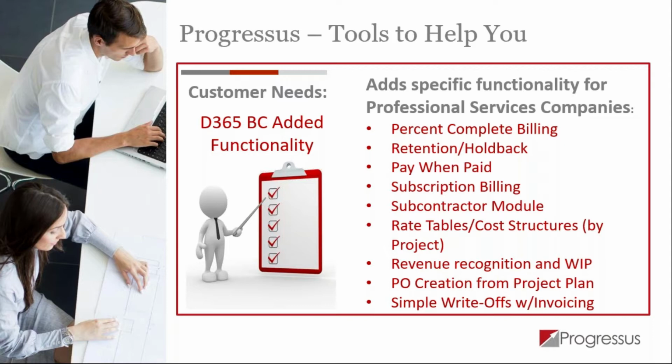Do you pay when paid? You know, are you going to wait to get paid until you pay your subcontractors? We have a full subcontract module that we add that you can tie all of that together, track insurance, do pay when paid. Many professional services companies do it on subscription billing, whether we're selling software licenses or maintenance contracts or whatever the case may be. It's a subscription process, and we give you multiple options on how you can do that subscription billing,